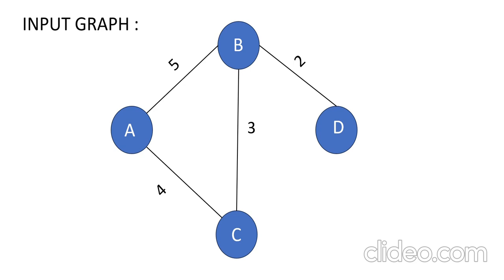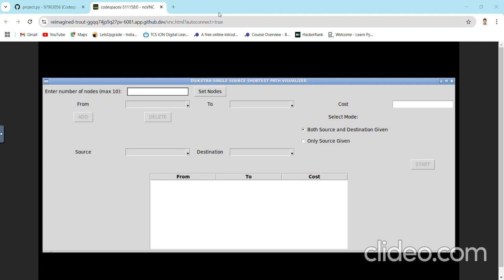And this is the input graph, which is non-directional and weighted, that I'm going to use to test this application. Let me execute this program and explain each and every component involved in this execution. This is the main application window upon execution of my project.py file, which opens up a tkinter module based application window. So as per Dijkstra's algorithm, it initially asks for the maximum number of nodes that are present